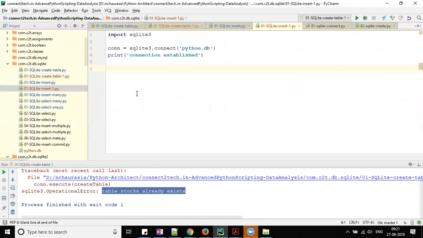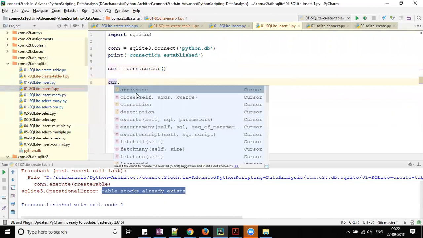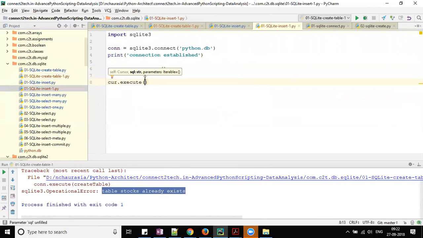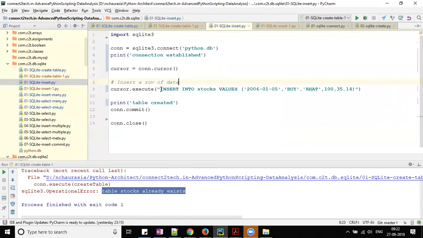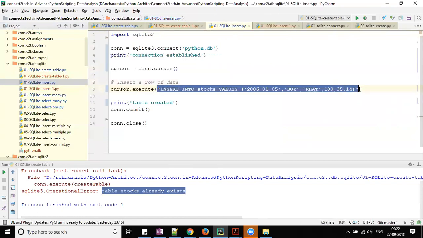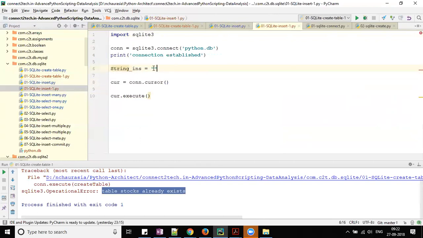Now if I want to perform an insert operation, what I have to do is I have to create a cursor object. Okay, so if you say con dot cursor, I'll call it cur equal to the cursor object, and then I can say cur dot execute. Okay, and here I will define one more string, insert, whatever I want to insert, right? Now I'm going to copy this. I'll not type the whole thing, and I'll come back here, right? So here I'm stating that insert into,